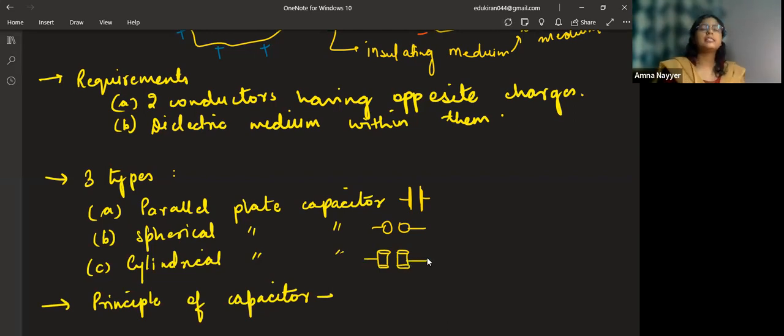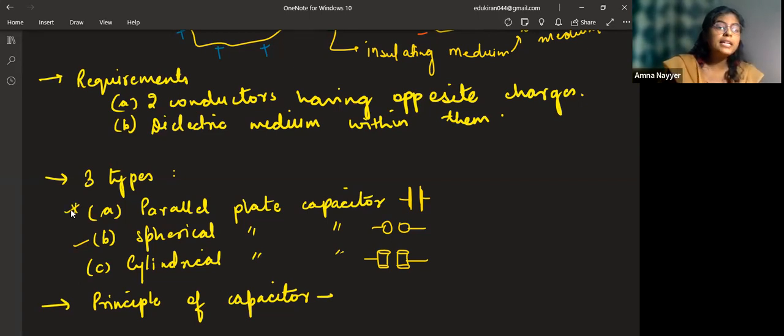Then that becomes a cylindrical plate capacitor. Out of which you just have to remember... we'll be discussing spherical also, because lesser chances are there, but it can come. Cylindrical, no need to do for your CBSE class 12th boards. Just do it for your entrances. Remember the formula for entrances, log and all gets involved there.